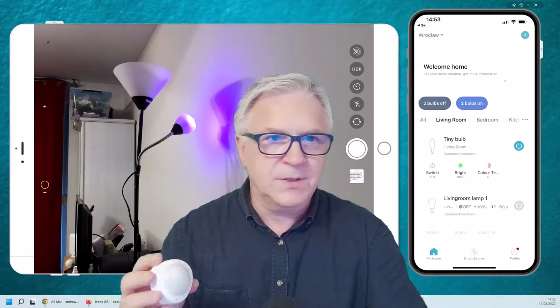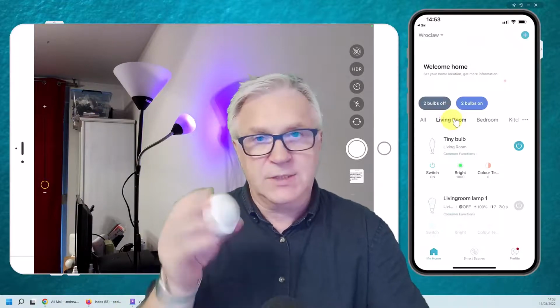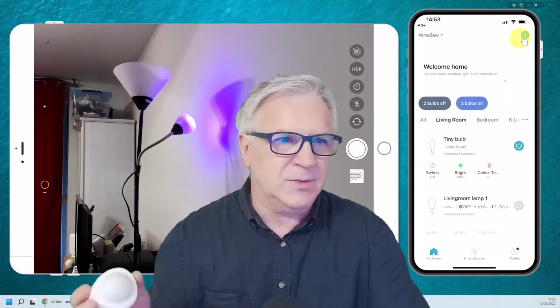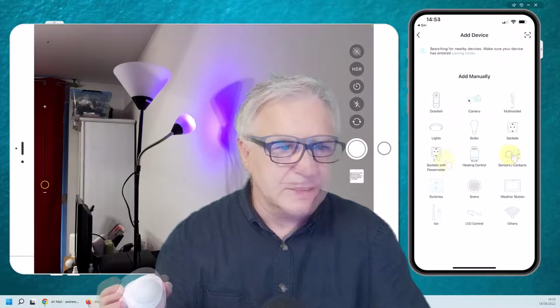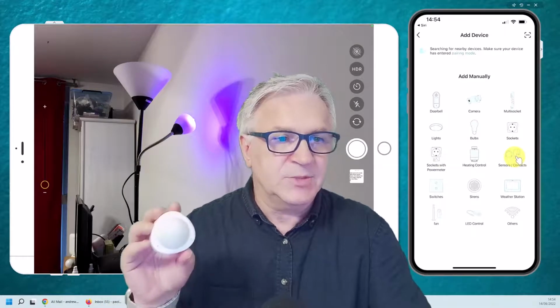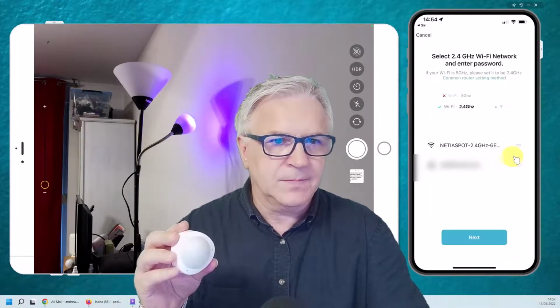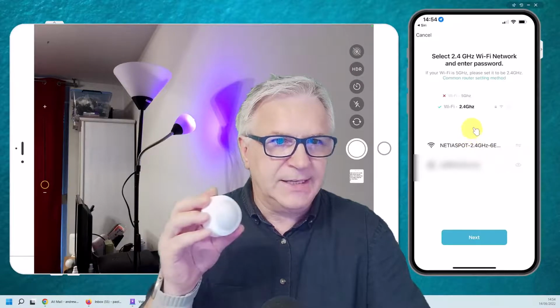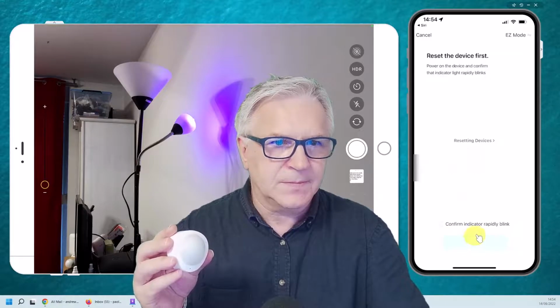So first thing we're going to do is go to our living room, because that's where I'm going to put the sensor. Doesn't matter where you put it. I'm going to add the device. Sensors. There's 2 types of sensors you can get. So we've got this one. Once again, it knows we can always use the Wi-Fi,